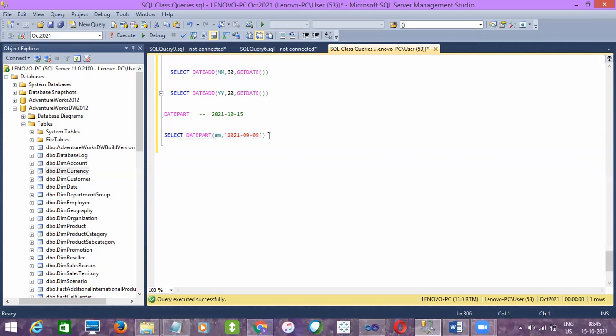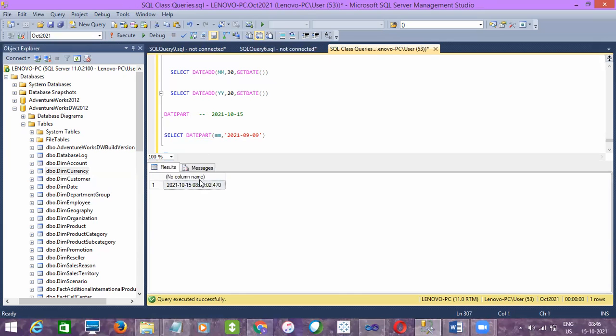And let's say if you want to use two functions at a time, DATEADD and DATEPART. How to? First you will add, let's say you have GETDATE. Select GETDATE. It will retrieve today's date and time, right?